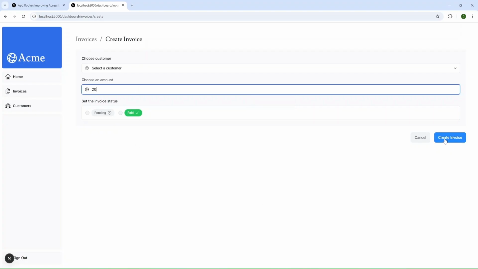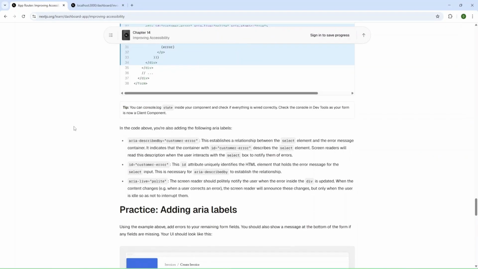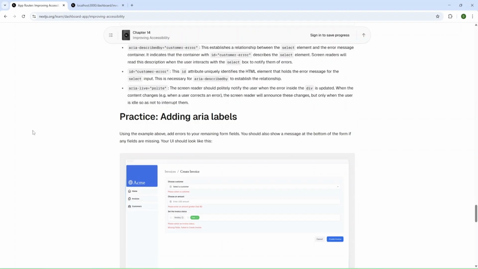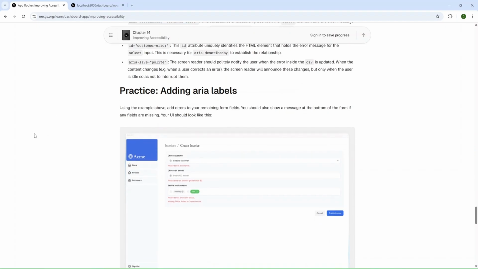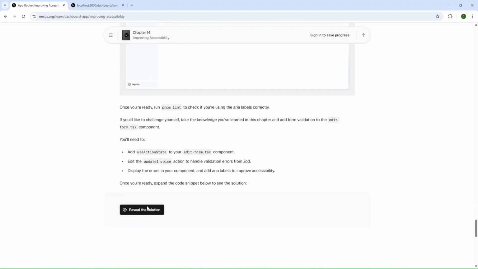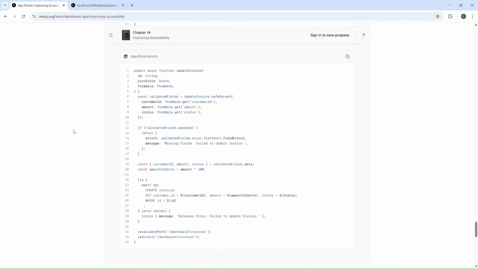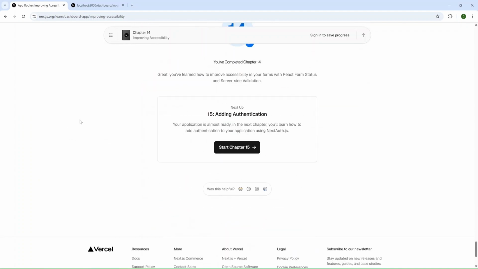And now I'm going to create invoice, and now we have this server validation with please select a customer. And they propose to practice and adding aria-labels. You can try it and reveal the solution, but I'm not going to do it now, and I'll just move on to the next chapter.